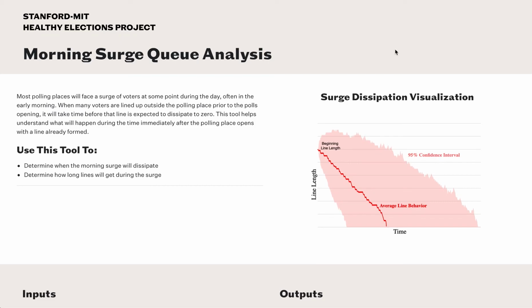The goal of this video is to introduce the morning surge queue analysis tool from the Stanford-MIT Healthy Elections Project. This tool will help model what happens to a polling place that starts the day with a long line. It can also be helpful for an expected buildup at another time during the day, like after work, but we'll focus on a morning example for some simplicity. The tool will help answer how long lines are likely to persist and how long the line may get in